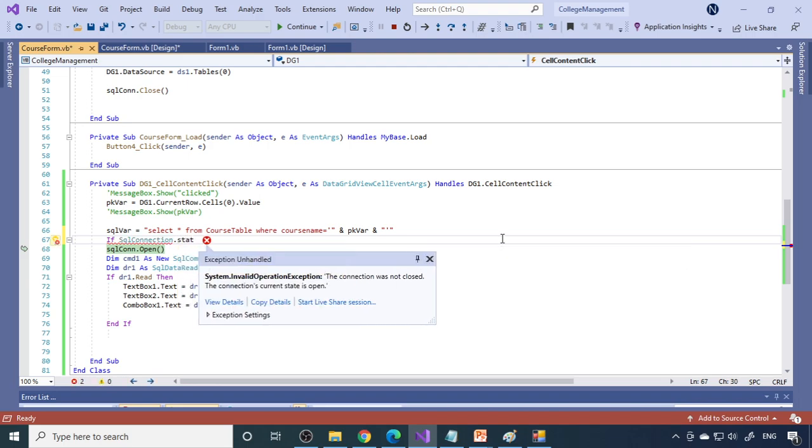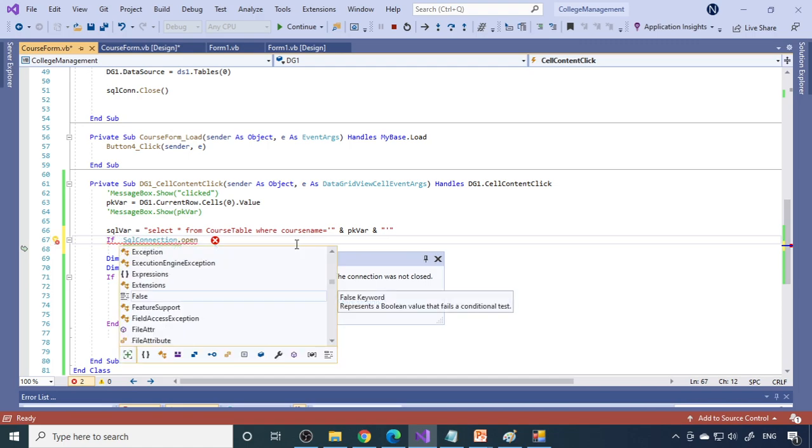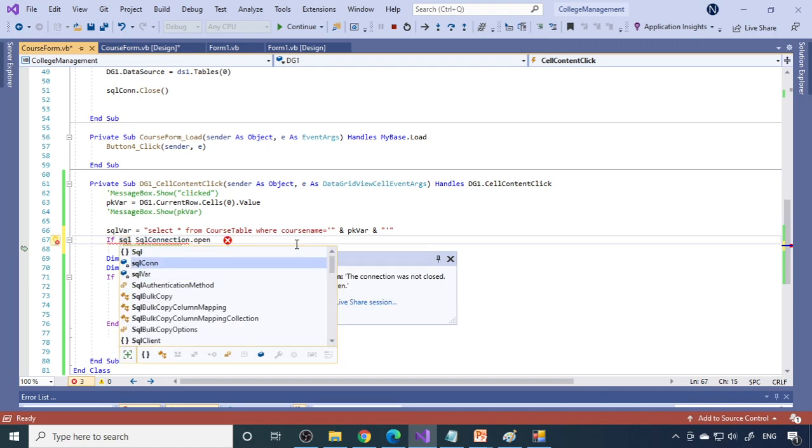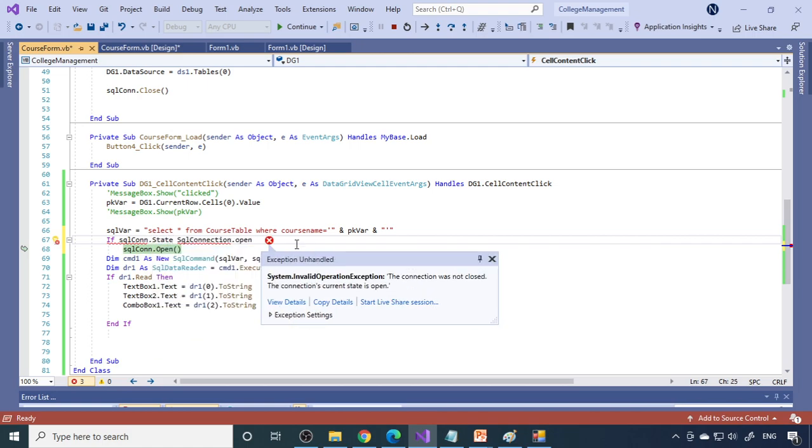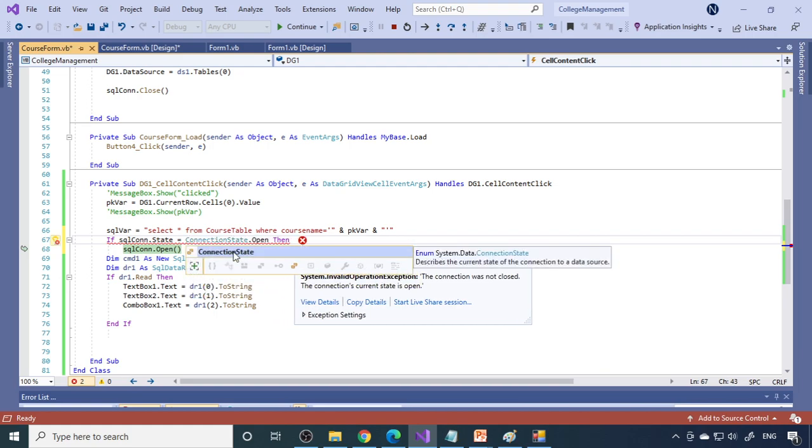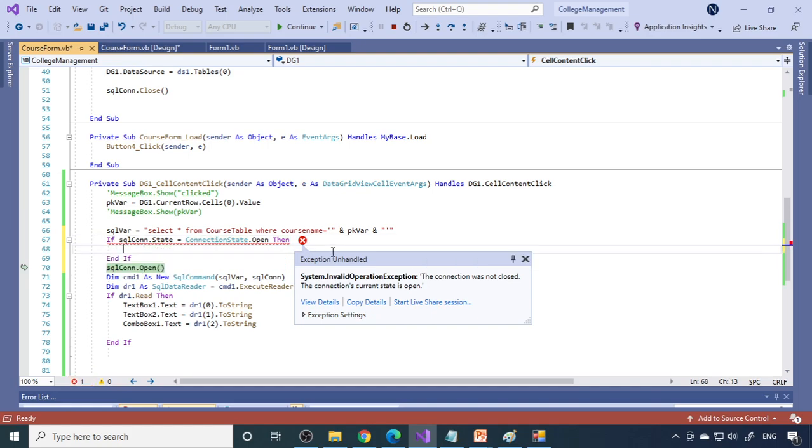It can be compared with ConnectionState dot Open. Here it is not SQL connection, but you need to check with the ConnectionState. So If SqlConnection dot State equals ConnectionState dot Open, then what do we want to do?